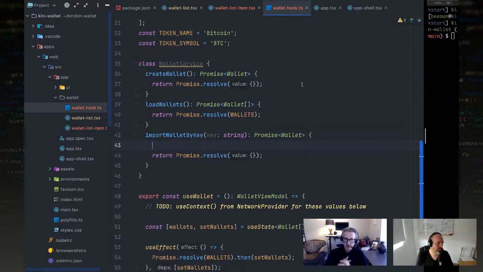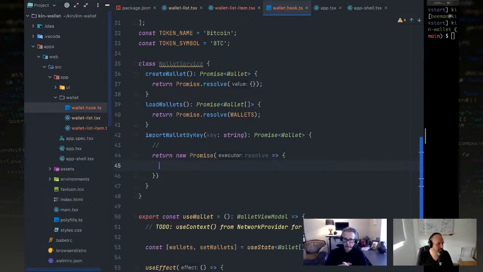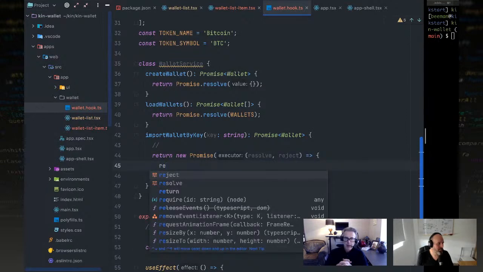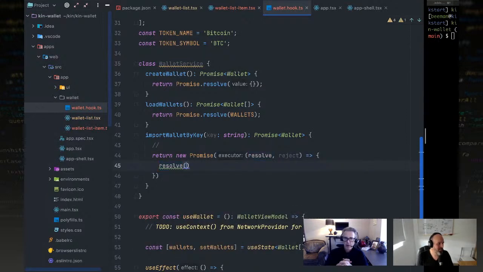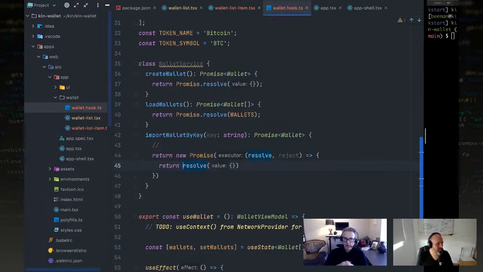then let's set the stage properly. Line 44 should return new promise. And you're going to pass in a function that takes, there you go, that second one, resolve and a reject. And a reject, yeah, because it also can go wrong. Resolve, reject. Right, okay. And now you can resolve right away with your empty thing if you want, but now you're set up to